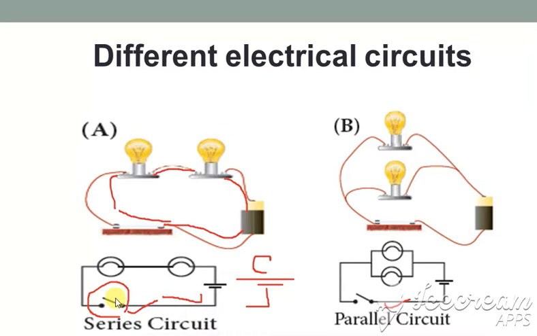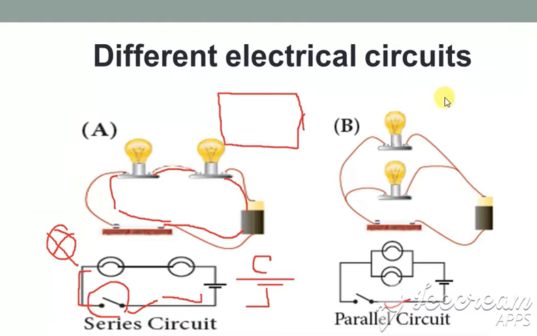This is open like this. This is a switch. And from this we are connecting to a bulb. The bulb can be connected in this way also, or like this. So two bulbs are all connected along the same line, and that forms a series circuit.